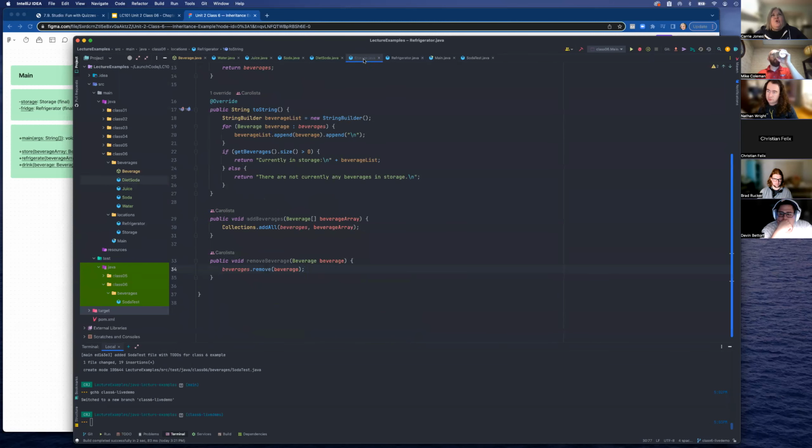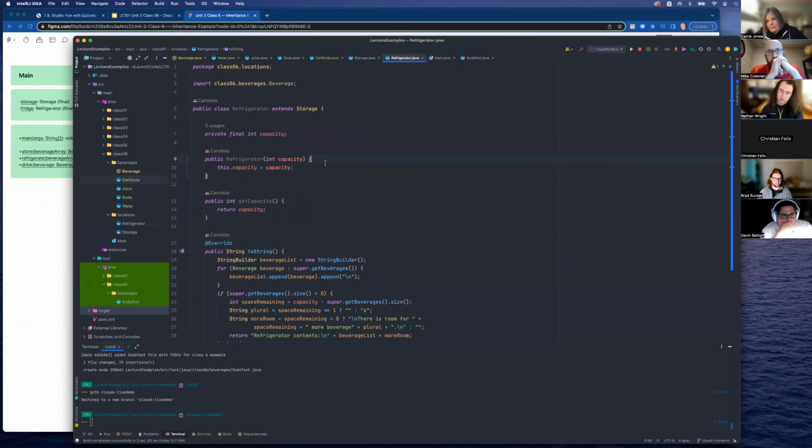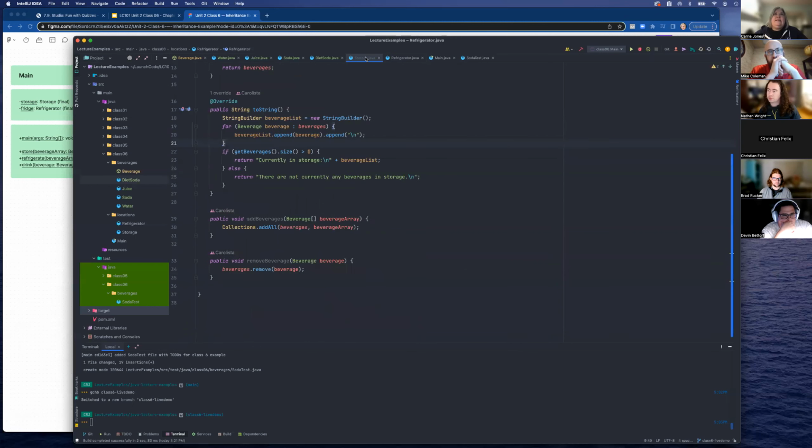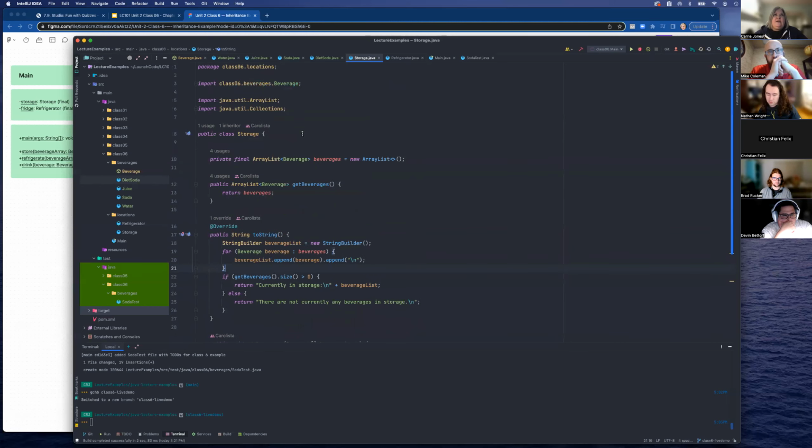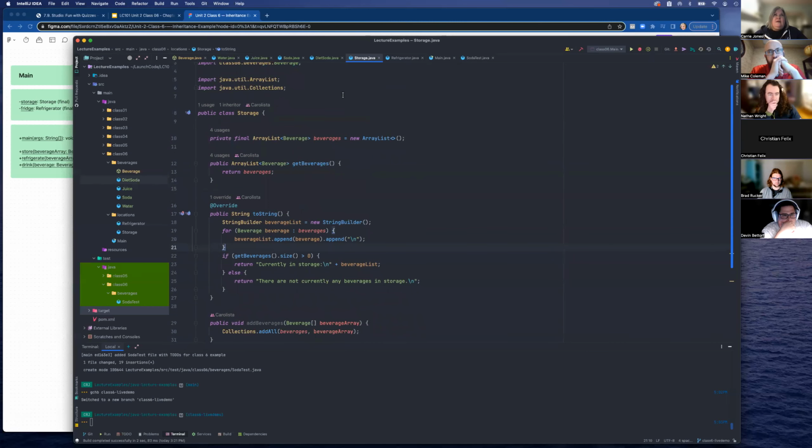Now, keep in mind, Storage is not abstract. We can create objects of the Storage class, and we can also create an object of Refrigerator. In this case, it's not really necessary to have an abstract one just to define all this and have yet another one to define another specific type of storage. If we don't want to, we could just have a generic Storage of this class, and that's fine. Okay, so there's